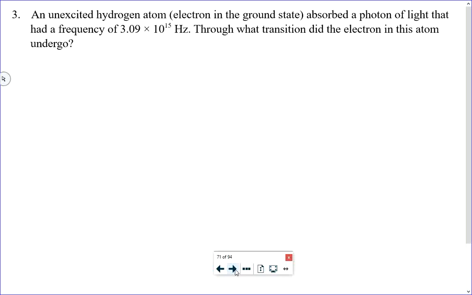If you knew the bottom energy, but not the top, then you could find the energy of the photon and add it to the bottom to find out where the top is. But we don't know either the top or the bottom. And there's no direct approach here by using a formula. What we need to do is find the energy of this photon, and